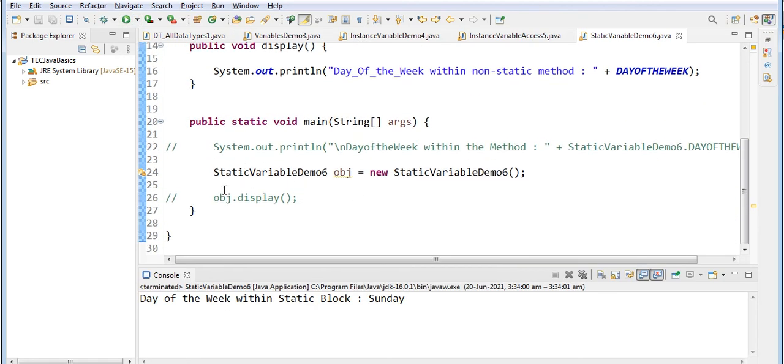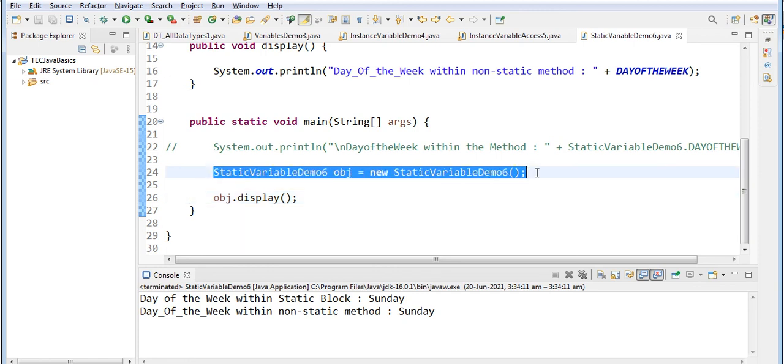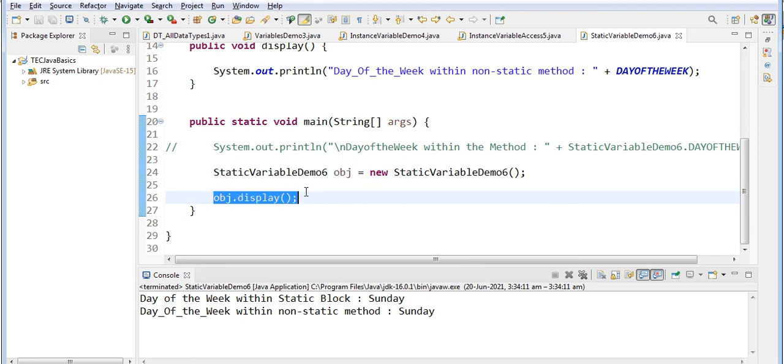How to call this method? See here, I'm creating an object, and I am calling this method. So an object is created, and I'm calling this display method.